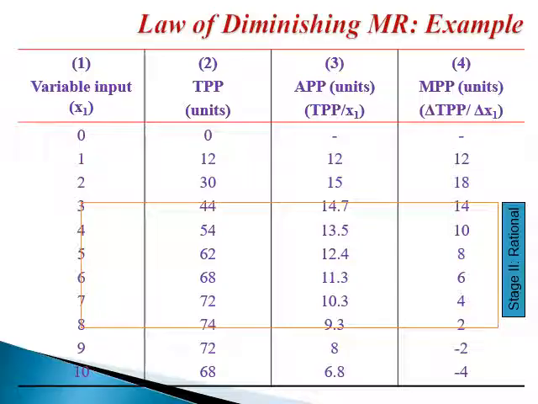What is very important is that you will never use the level of the variable input at the beginning of stage 2 or at the end of stage 2. This is excluded. It never happens. But the level of the variable input that will make the producer maximize his or her net returns is somewhere in stage 2, somewhere between the two borders of stage 2.